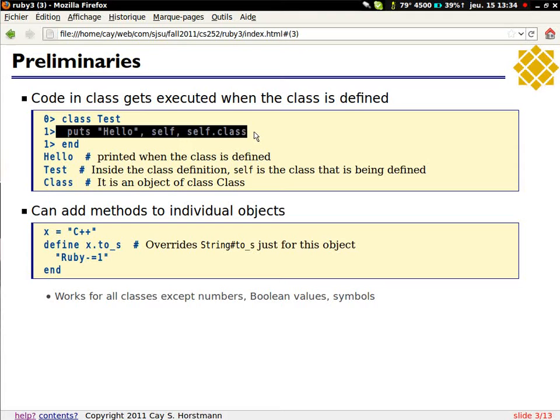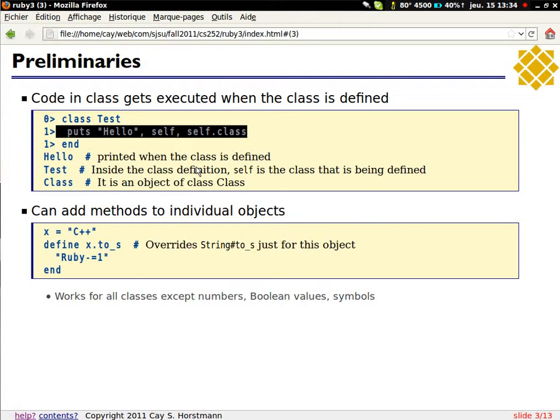Generally it's code that modifies the class in some way. Two lectures ago, you saw the code where we added attributes to the class. That code simply runs. The class starts out with no attributes, the attribute adder code runs, and afterwards the class has a few attributes.